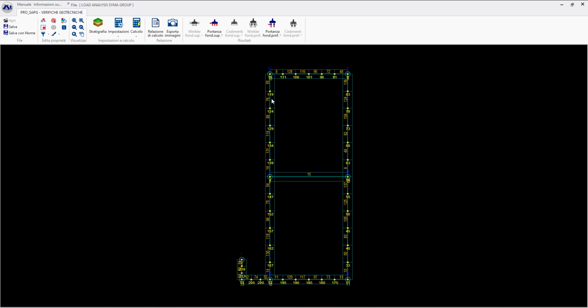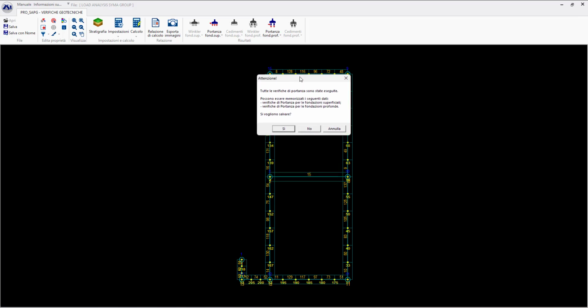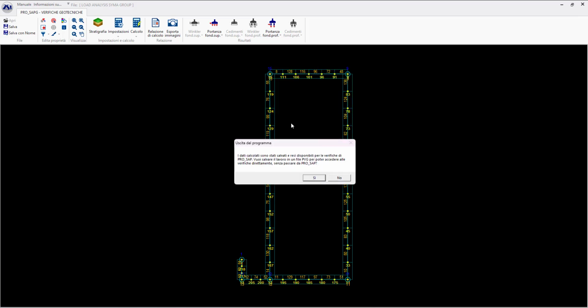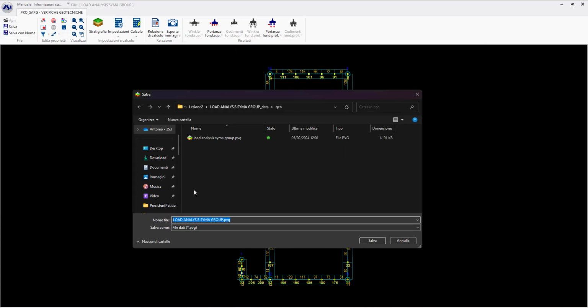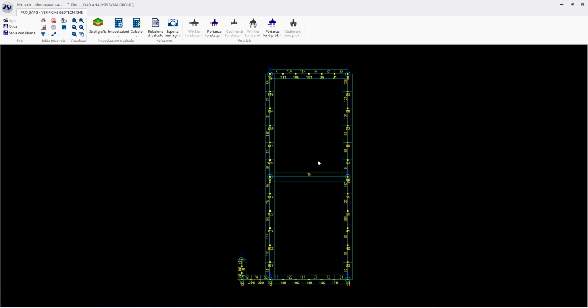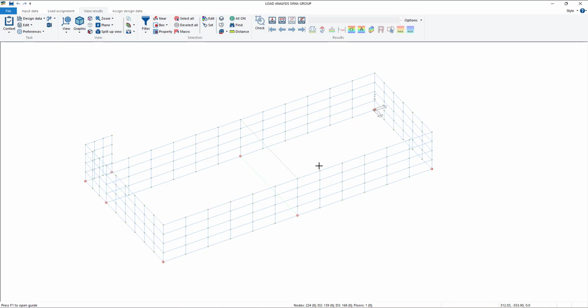And now, okay, we're fine. This is everything for the geotechnical analysis and geotechnical checks on the foundation elements. So we can save and close. Every time you close, the software asks you to save again. So let's say yes. Yes again. It asks me where to save, but of course it's going to be in the data folder, in the under folder geo. So yes, yes. And now once we close, we are back again on ProSAP.